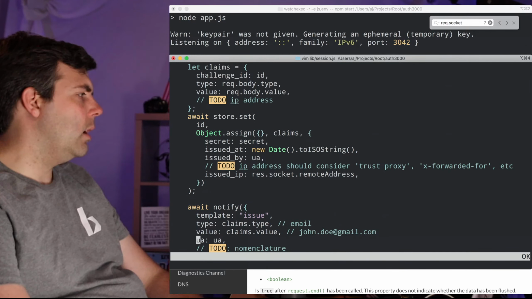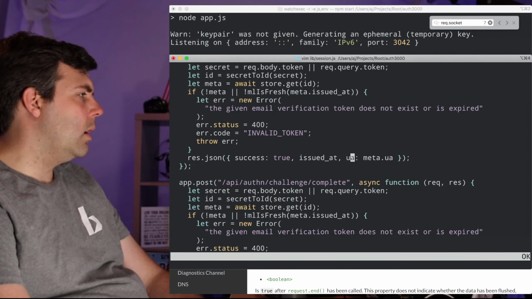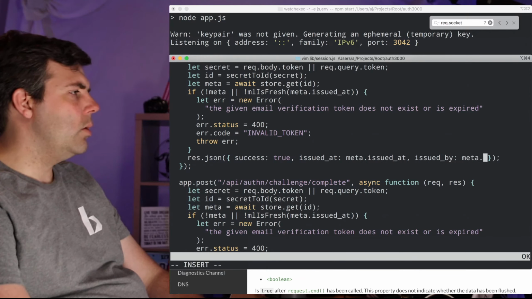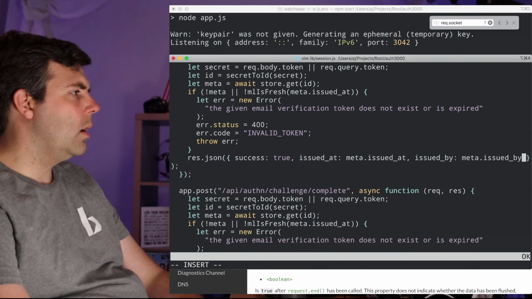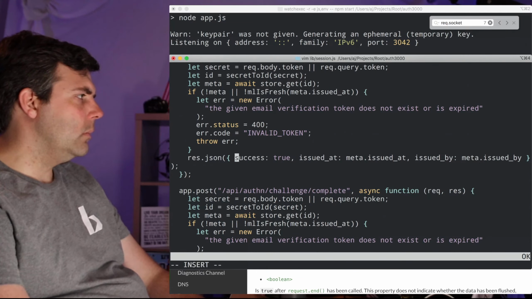Issued by UA. Probably want meta.issued at. And then meta.issued by. And